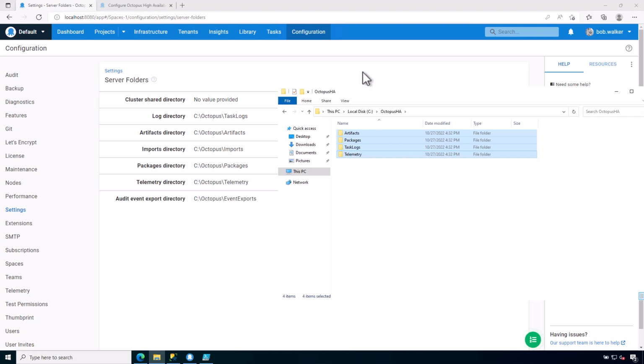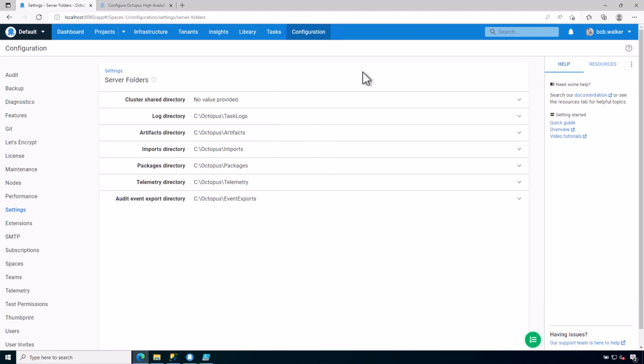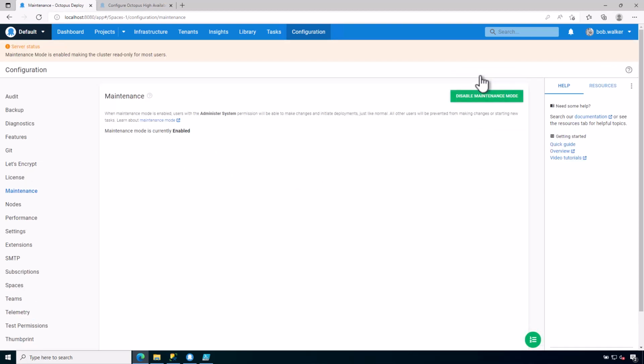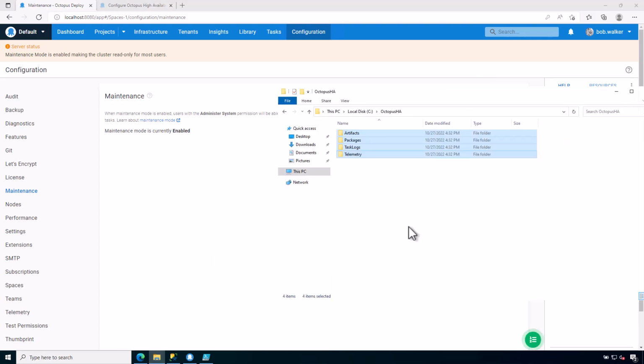So let's go ahead and do a final conversion, and we are then going to set up Octopus HA. The first thing I want to do is enable maintenance mode. If I had any other users in this system, I do not want them coming in and causing havoc while I'm doing this type of changeover. This is something that you would probably want to do in off hours, not in the middle of the day as people are trying to do deployments or anything like that. So I've enabled maintenance mode,